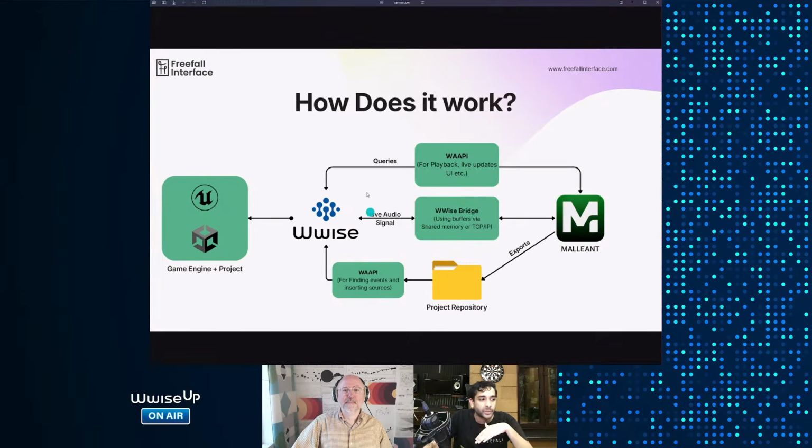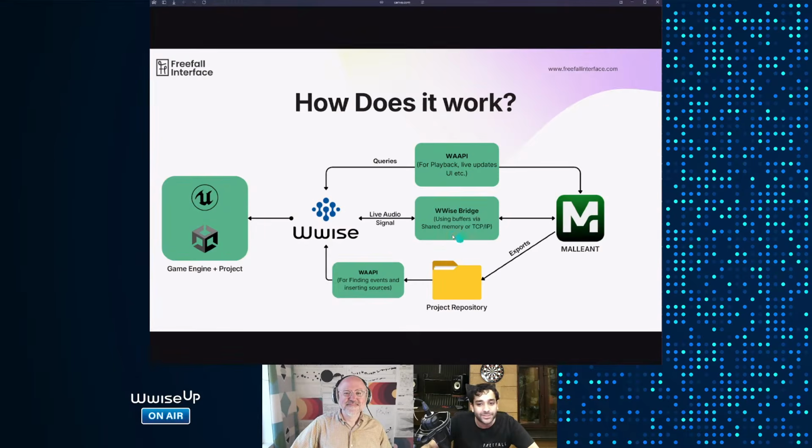One is the query line: the WAPI, the SQL queries, playback, play this, play that, pause this, mute this, solo this. Then the Wwise bridge, and you've heard this concept before in a previous talk: live audio buffers and signals, using things like shared memory for Windows and TCP/IP for Mac, because of how Wwise is made.